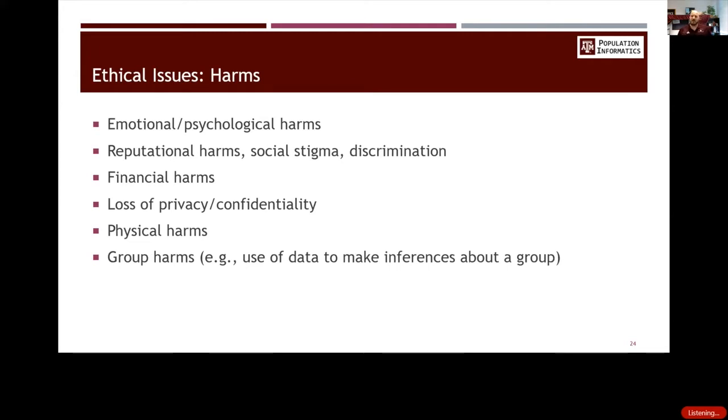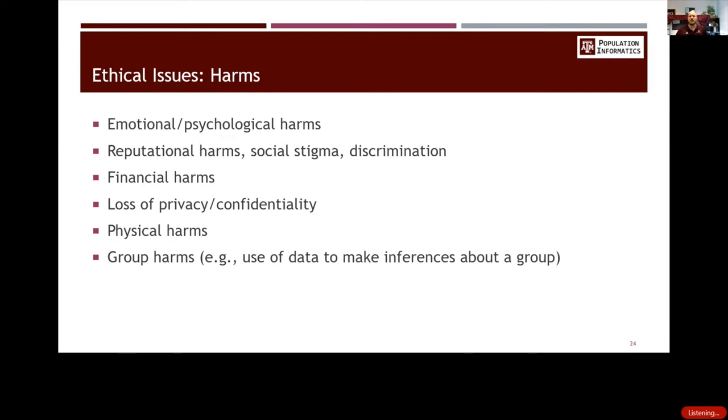So when we think about ethics, one of the things that we tend to dwell on a lot, and rightfully so, are the types of harms that individuals can experience when their data has been used, collected, or disclosed in unethical ways. There can be emotional and psychological harms that result from very private or sensitive information becoming well known. It can cause stress and discomfort. If that information is embarrassing, there might be reputational harms associated with it. There might be social stigma